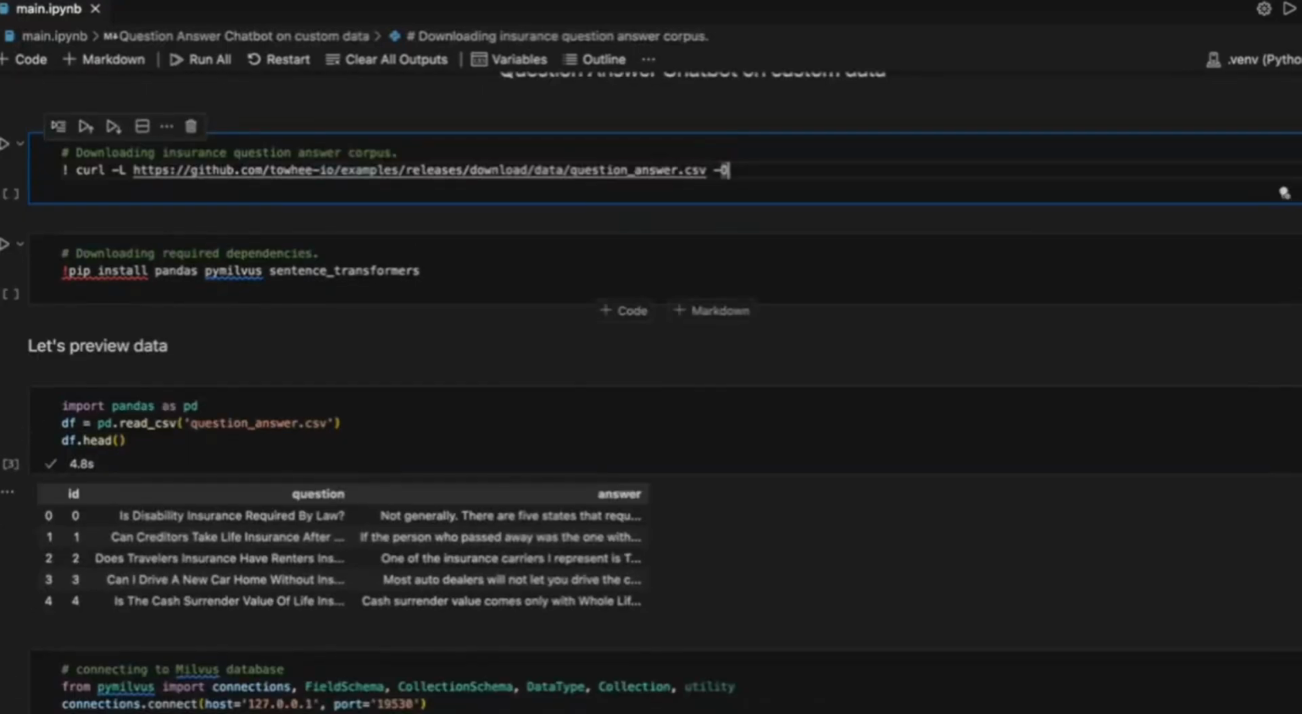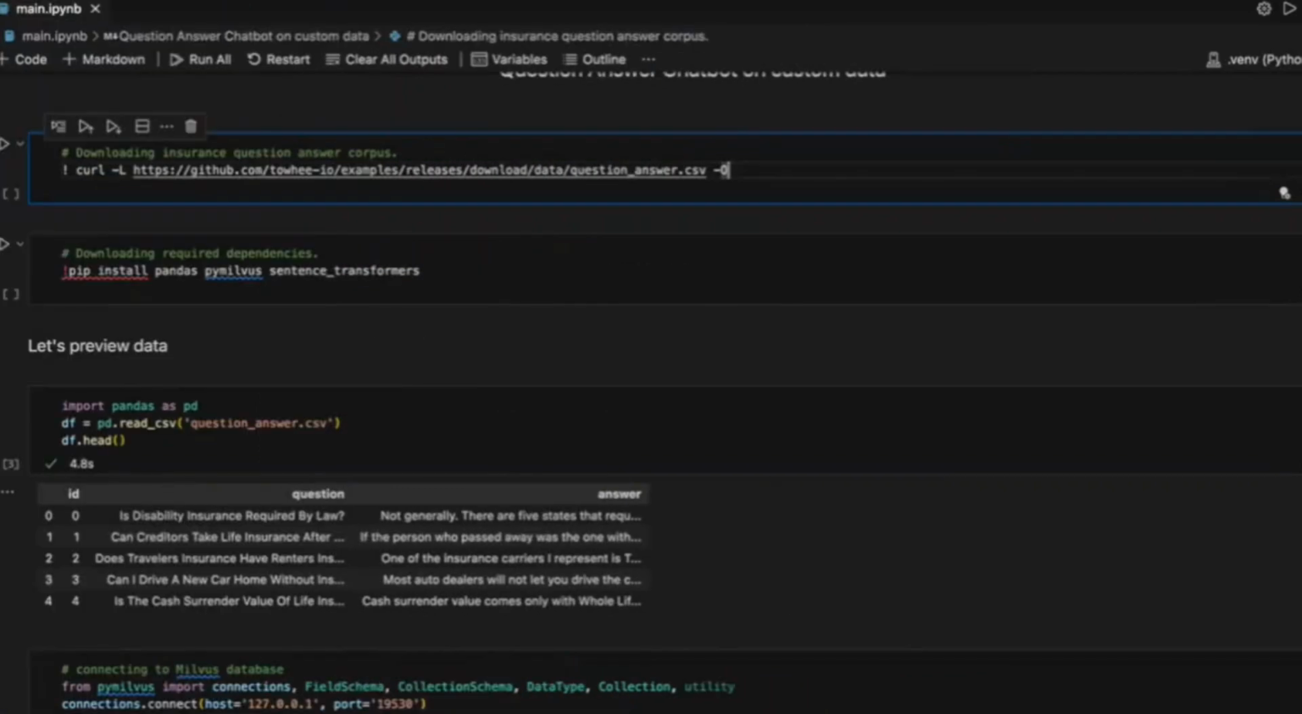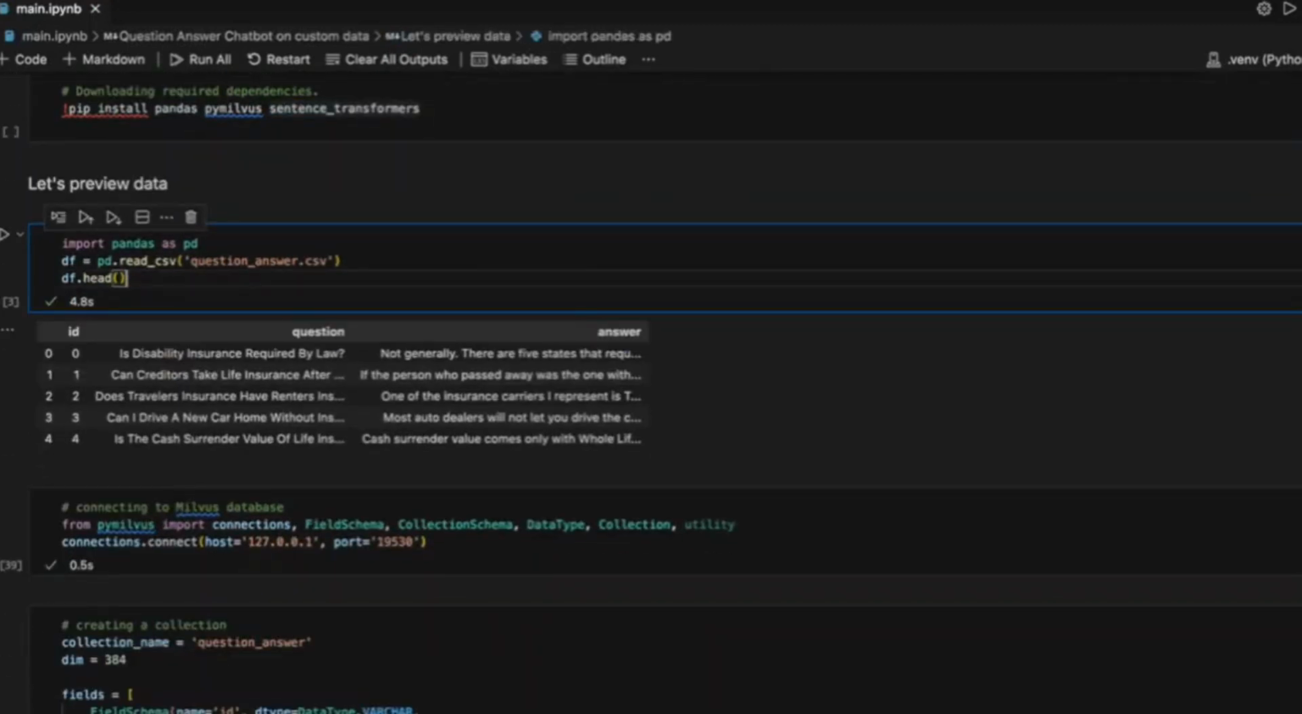command, and the dataset would be stored here in the CSV file. In this command we will install the required libraries. So we will require pandas for viewing the data. PyMilvus is the Python driver for the Milvus database, and sentence transformers is the library that we use to convert the text into the embeddings. Right. So here we are